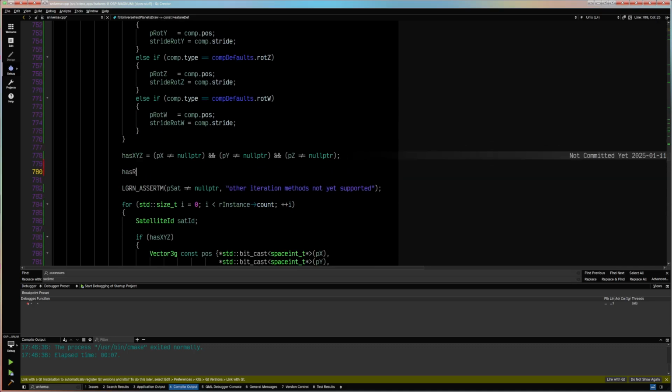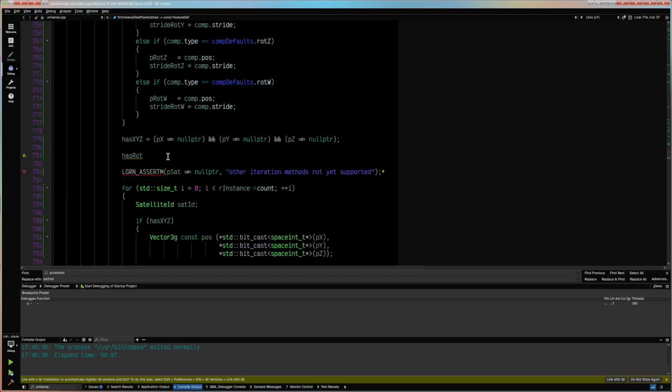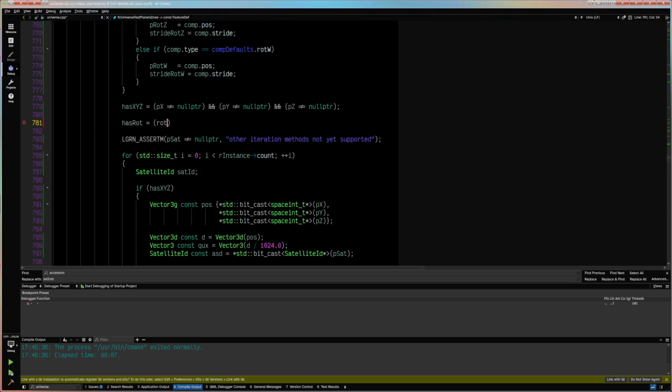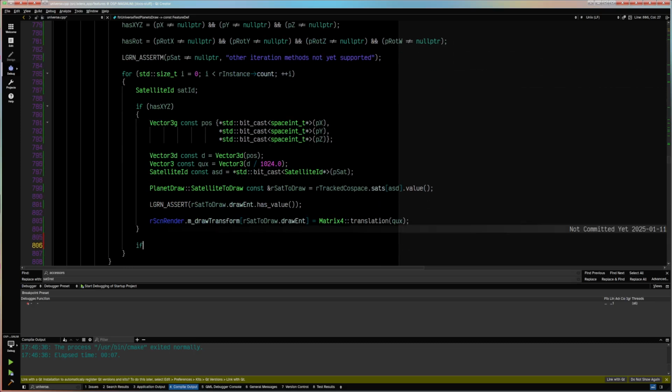Has what is equal to what x is not equal null pointer, and what y is not null pointer, what z is not null pointer, and what w is not null pointer. And if it has what,